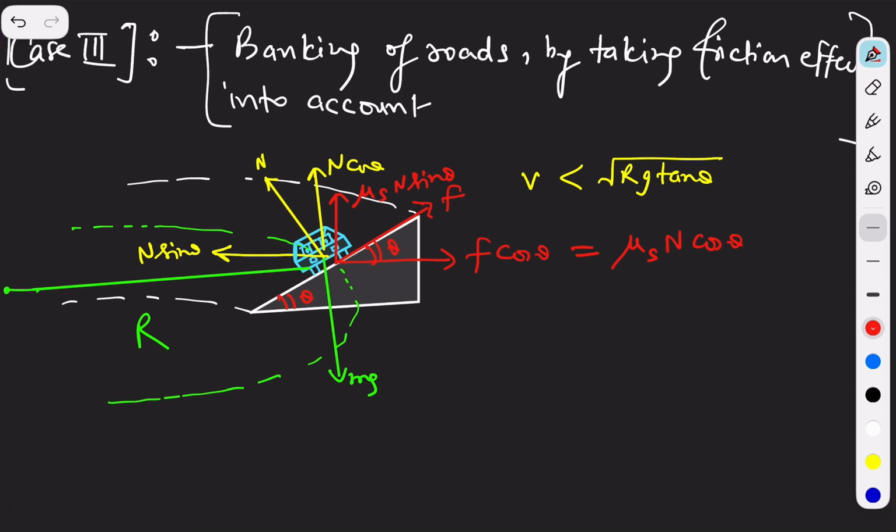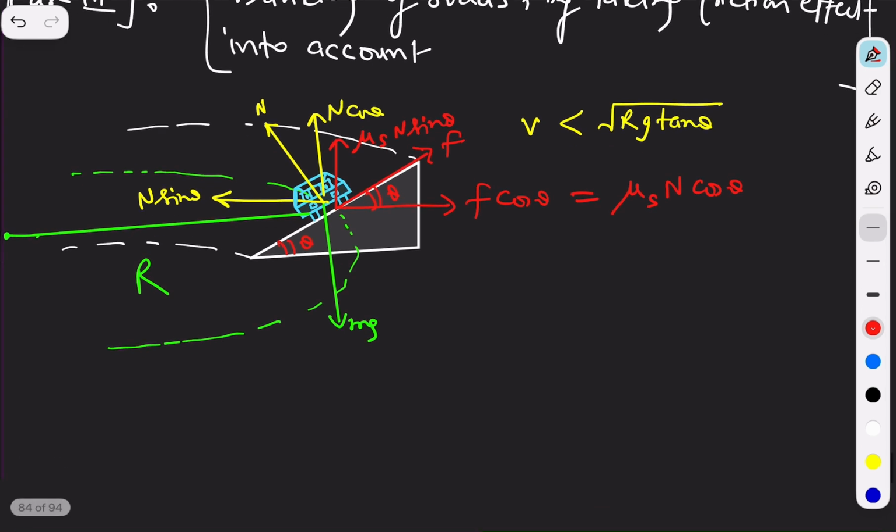So if we do that, we can say that mg should be equal to n cos theta plus mu n sin theta. Okay, I am just replacing this mu s with mu. We will know that this is the limiting condition. So mu n sin theta, that is equation number 1. And the second thing is that